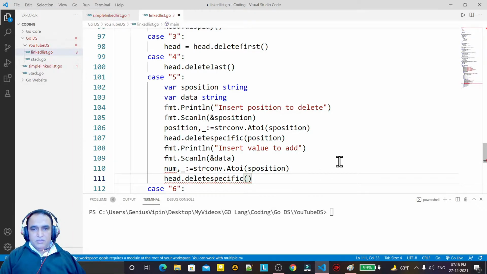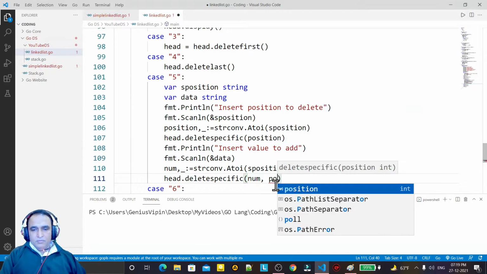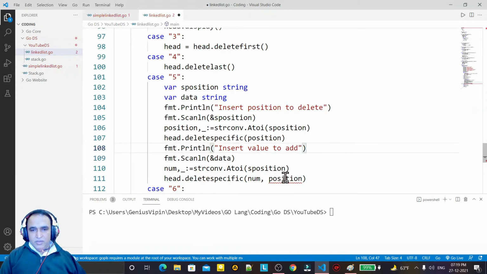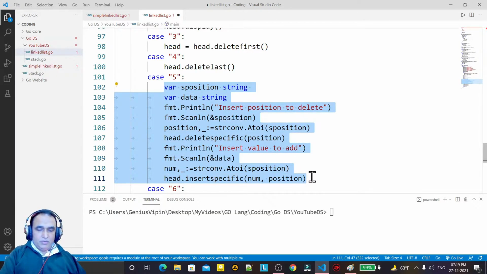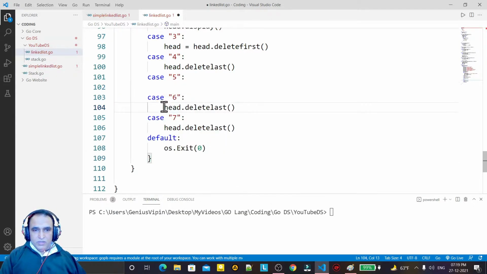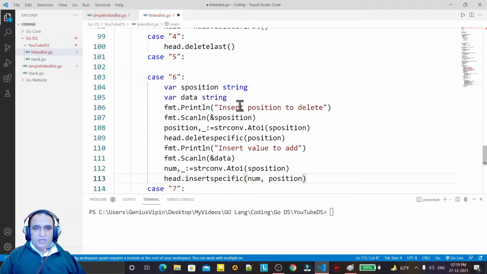Sorry, again I am just using an insert. It is for insert, so I am just passing the num and the position. Again I'm making the same mistake. So I have to use here insert specific. Okay, and this code is not for delete, so this is for 6-1 here, for insert at a specific position.